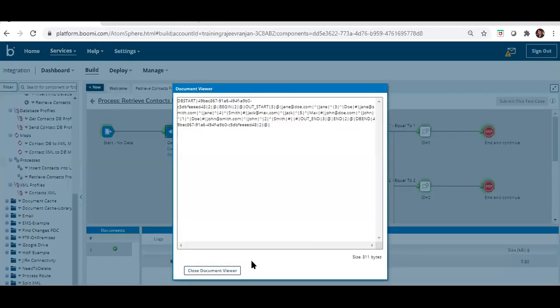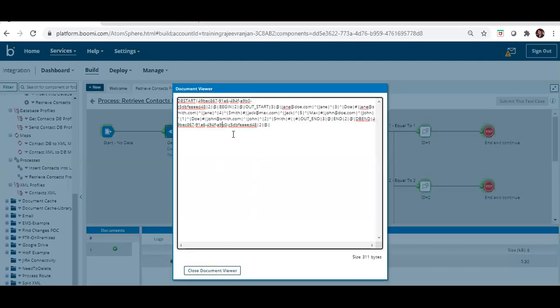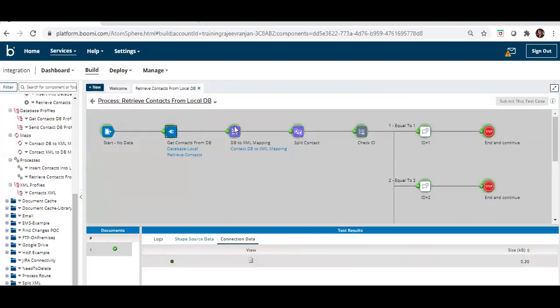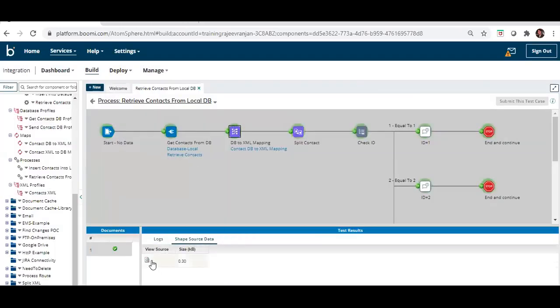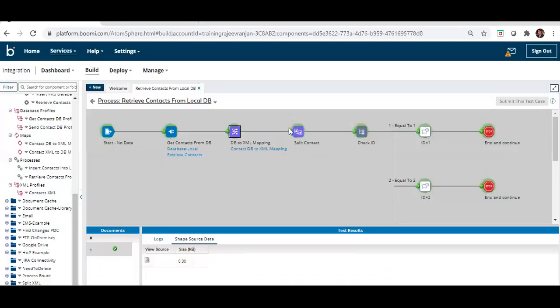Here we are getting all these database paths, 1, 2, 3, 5. All the data whatever we have inserted, we are able to fetch here. After fetching, if you see here what we are getting, this will be the input of the same database profile. Okay, so this is the database profile. Now the output of this will become the input.